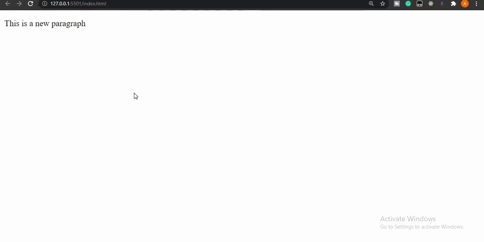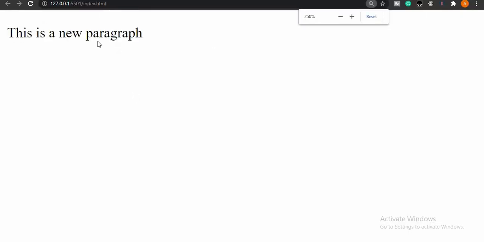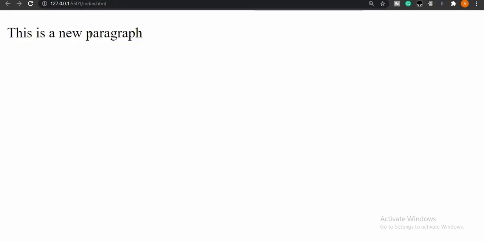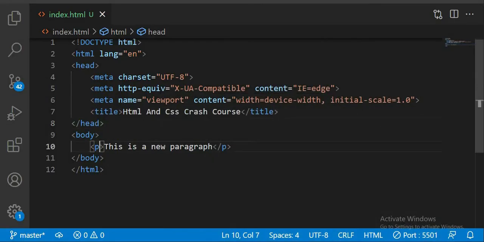So I'm just going to increase the font size of this. Okay, you can see it. So like I said, I'm going to increase the font size, and also add a color. So how do we do that? The first method of CSS we're going to be learning how to use is Inline CSS. So we're going to import the style component in the paragraph. So say style,